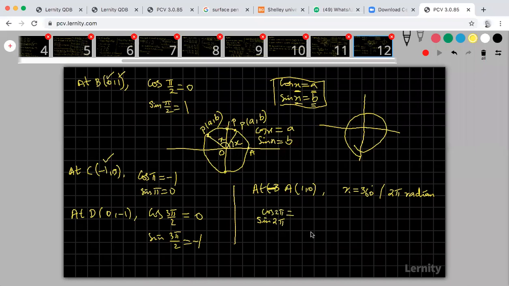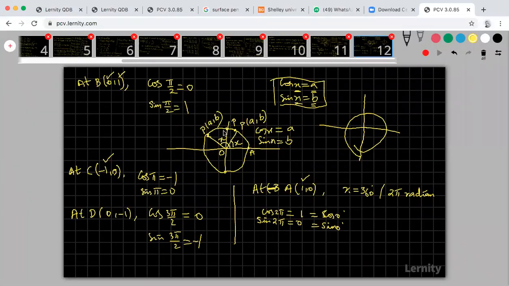Okay, so my cos 2 pi is again 1 because my A is 1. My sin 2 pi is 0. Again I am getting the same as 0 degree. This is cos 0 degree, and this is sin 0 degree. So now look at that. After 360 you are getting the same repeated values as 0 to 360. So for one revolution, you will get different sine values and cos values. But after completing one revolution, again the values repeat.